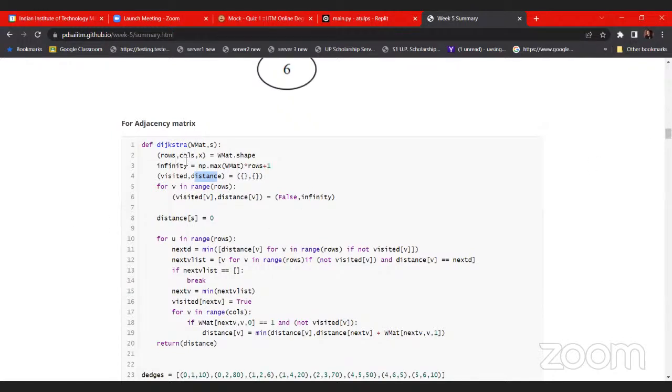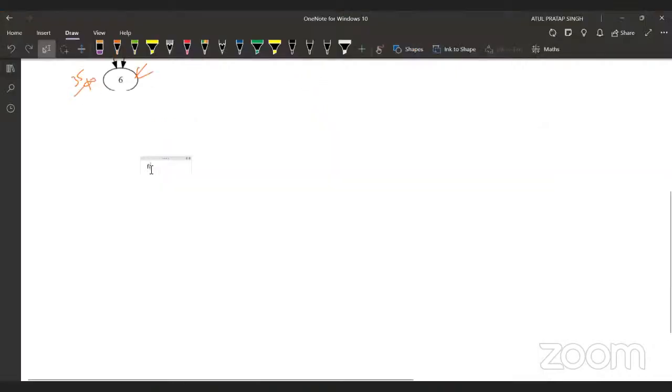So this is the row count, and we get this information from the shape of our matrix. The second thing is infinity. We are just calculating the largest value which is not possible for any weight, and we are multiplying it. Otherwise, in Python, you can directly assign the infinite value if you write float, and inside the float,